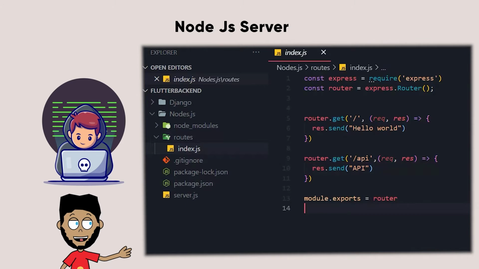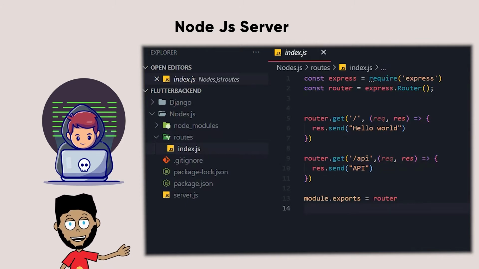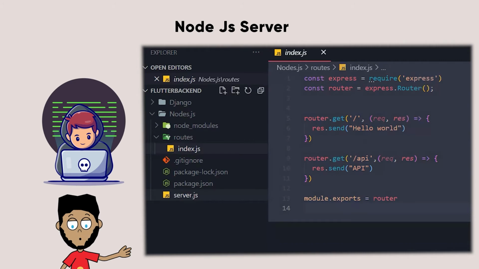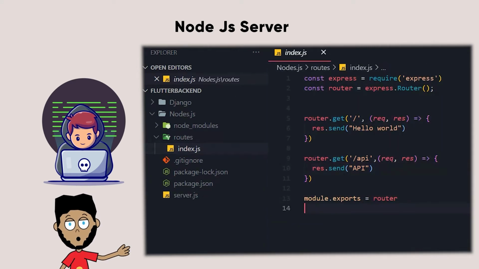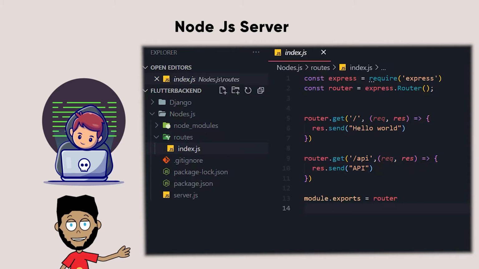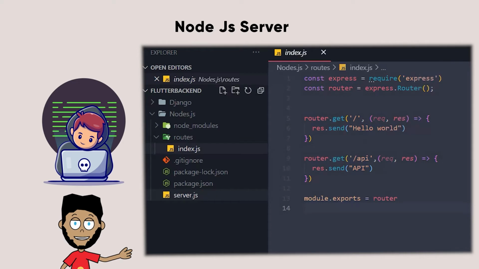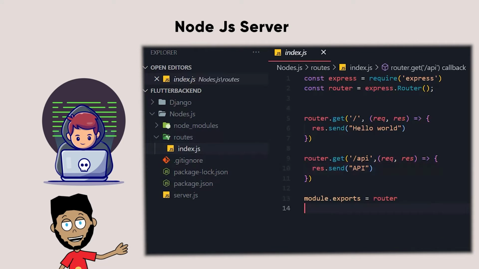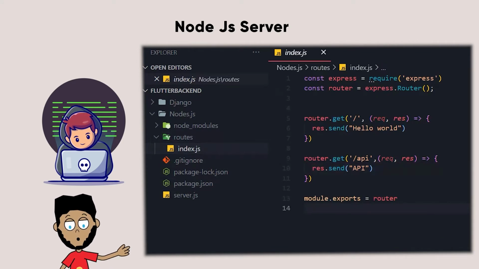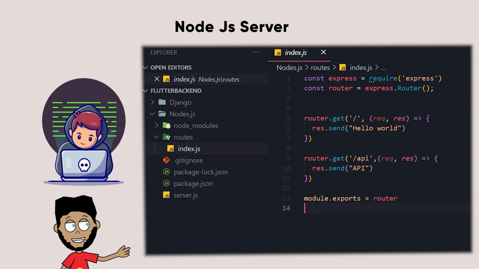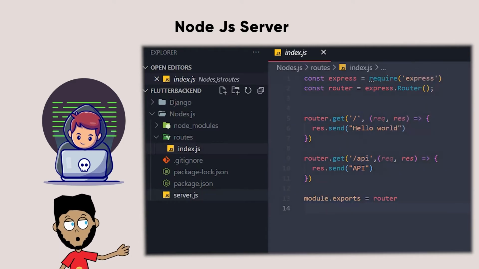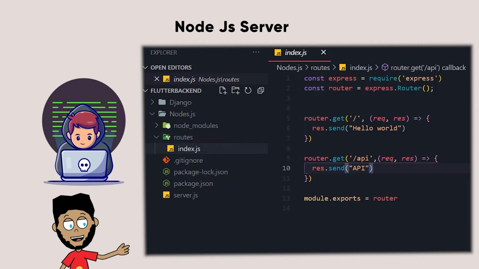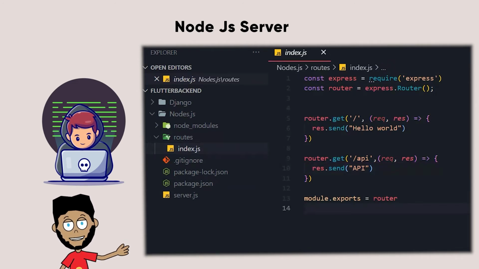Now coming into the routes folder, which we first create, then we create index.js in it, and after that import express and its router function. Now we can define our get, post, put, update, delete functions in there like a basic REST API. Like on the default path, that is backslash, it will point to hello world. So that's our basic first page, home page, you can say.